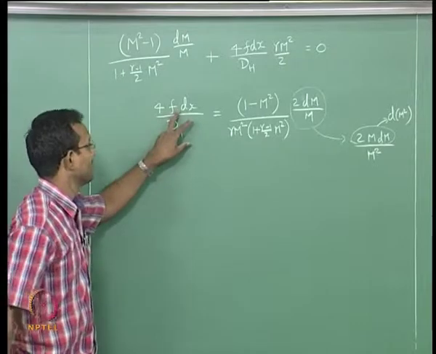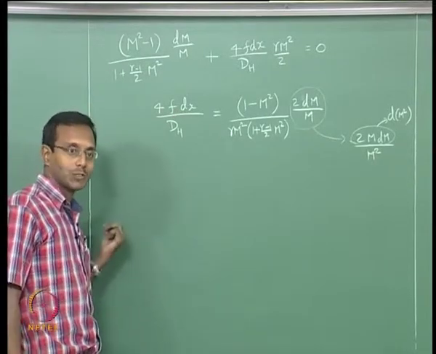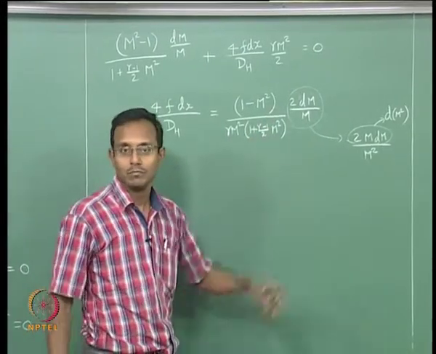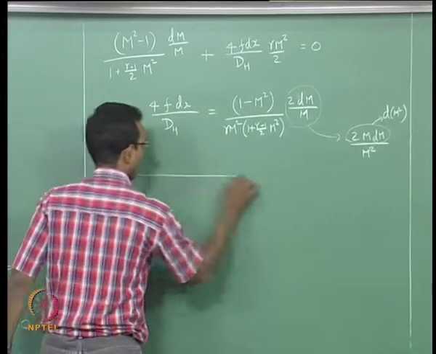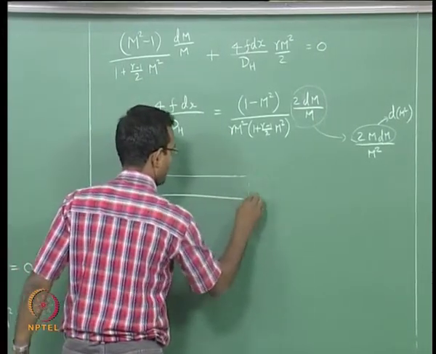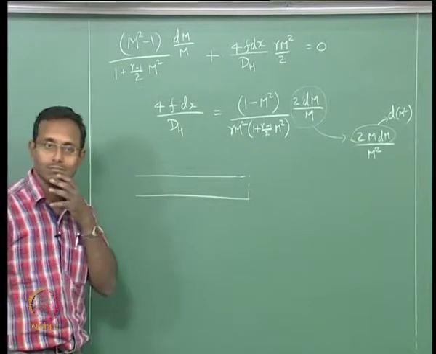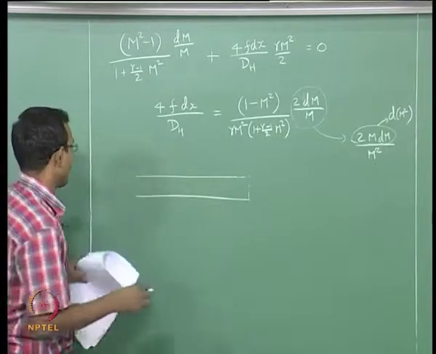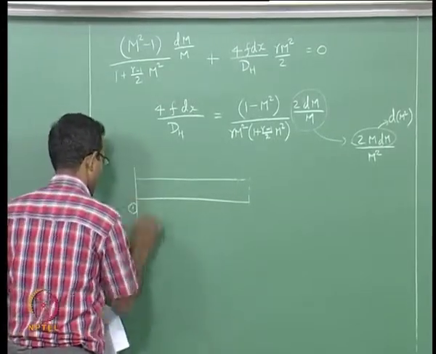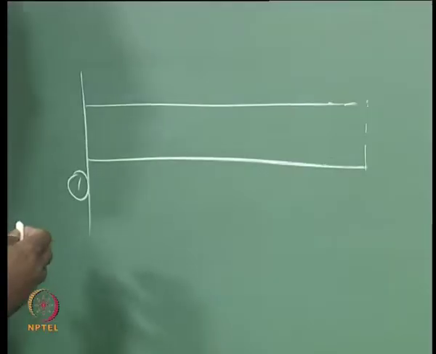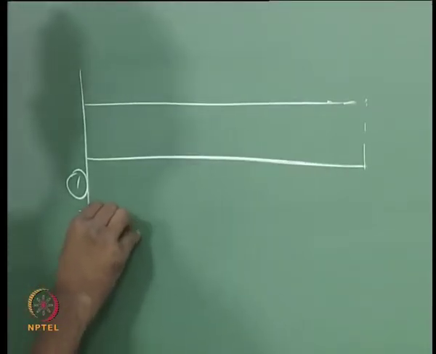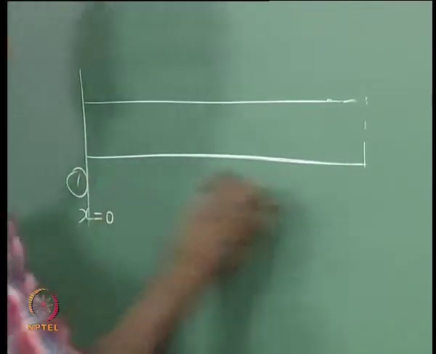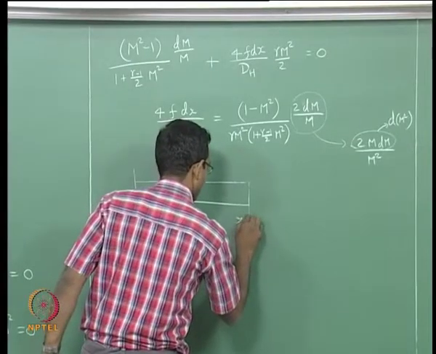This is dx, so I have to start from somewhere. I can start from x1 and go to x2 and integrate that. Then it will give me M1 going to M2, but that is not very nice. So what we will do is, we know that given long enough distance my flow reaches M equal to 1, whatever we discussed already, the flow has a tendency to reach M equal to 1. So I start with some location 1 which might be x1, or I will call that x equal to 0. It can be any value, so I set it to be 0. From here I am going to go to some length x equal to L,